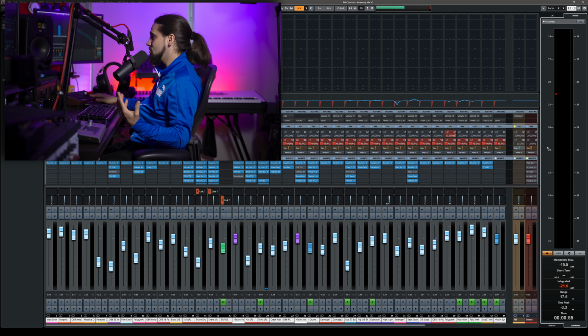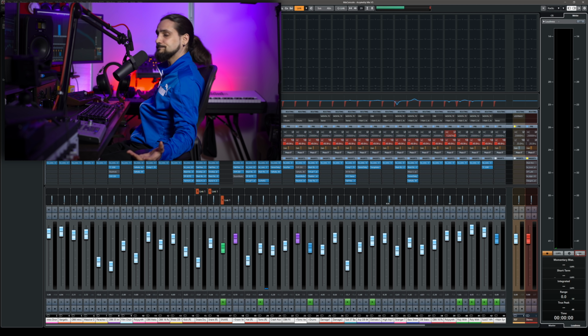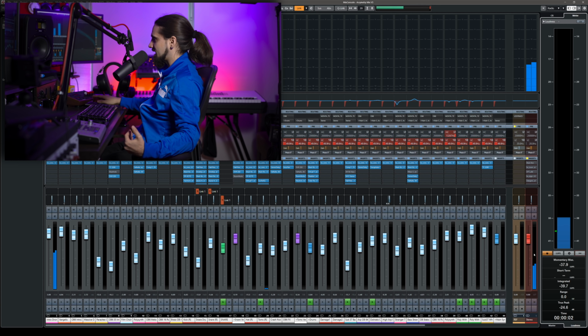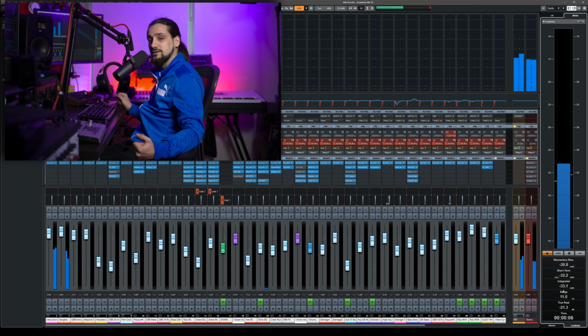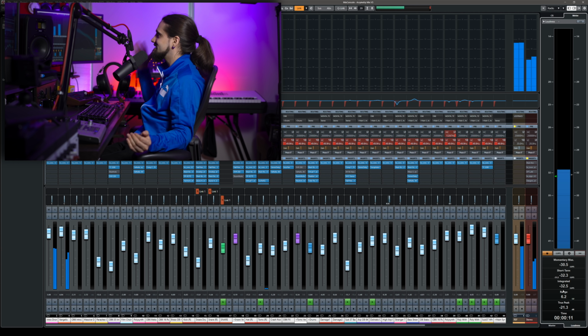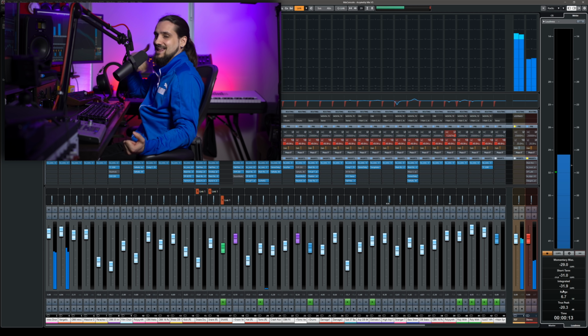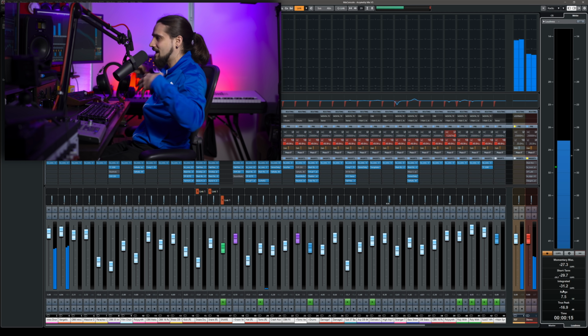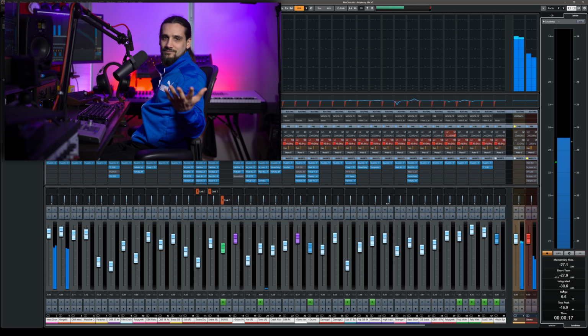So what you need to do is reset and then play your track from the beginning and let it play. See, this is activated. And now this will give us the integrated loudness for our track without any external plugin. This is all built in, and you can check it anytime. You don't have to add anything. Ergonomics, that's what I'm trying to say.